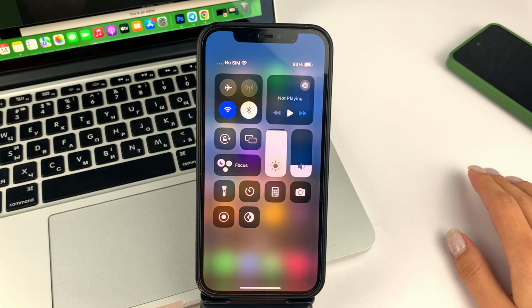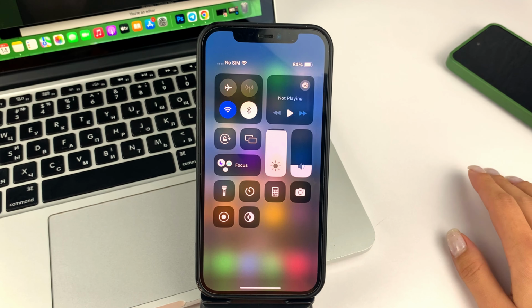And in order to activate the sound so that your screen recording has sound, you have to click on the microphone at the bottom. Like this, and now your screen recording will have sound. And to activate it, just click. As you can see, the microphone is enabled. Screen recording has already started.